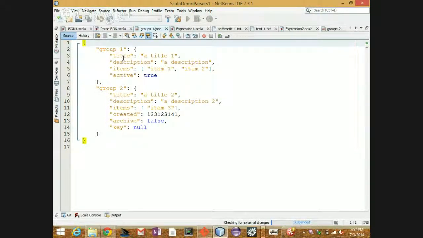That also is an object, and it has more keys and different kinds of things. There's a string, an array of strings, a Boolean, and a bunch of other stuff. Here's something different: a double or real number. Another Boolean and null. So I should be able to parse that. It should be legal.